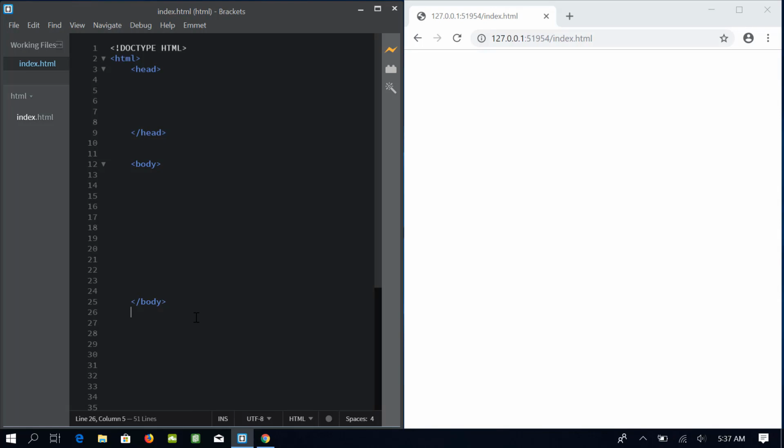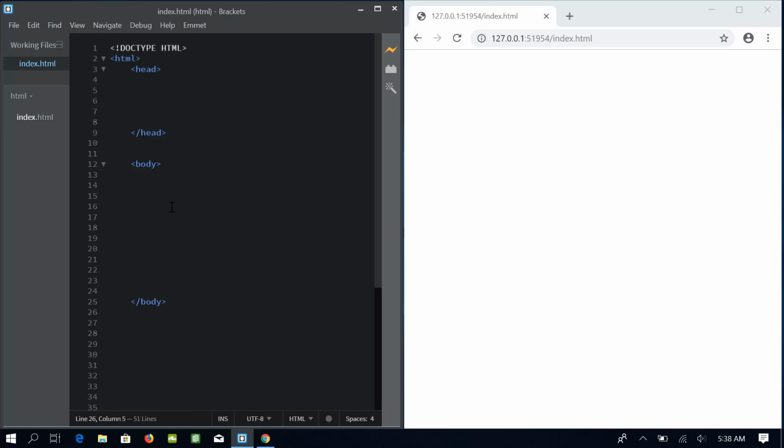Can you make a quick guess why there is nothing in the browser window? It's simple. I have already told you that anything inside the body element is displayed in the browser window, and here you can see that the body element is empty. So the next question arises, where can I see this code?